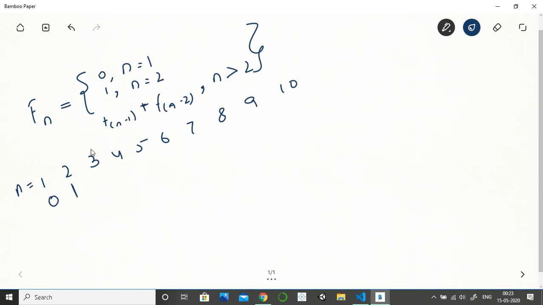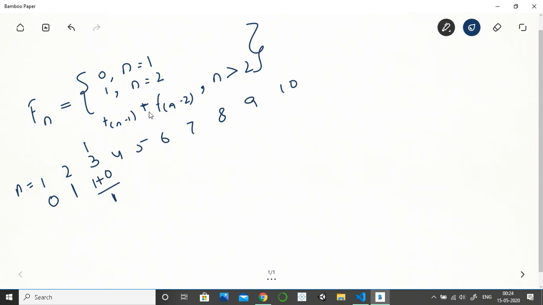So current n is 3. 3 minus 1 is 2, so we have 1, plus we have n minus 2. So 3 minus 2 is 1, so the value of 1 is 0. So in total we have 1 here.